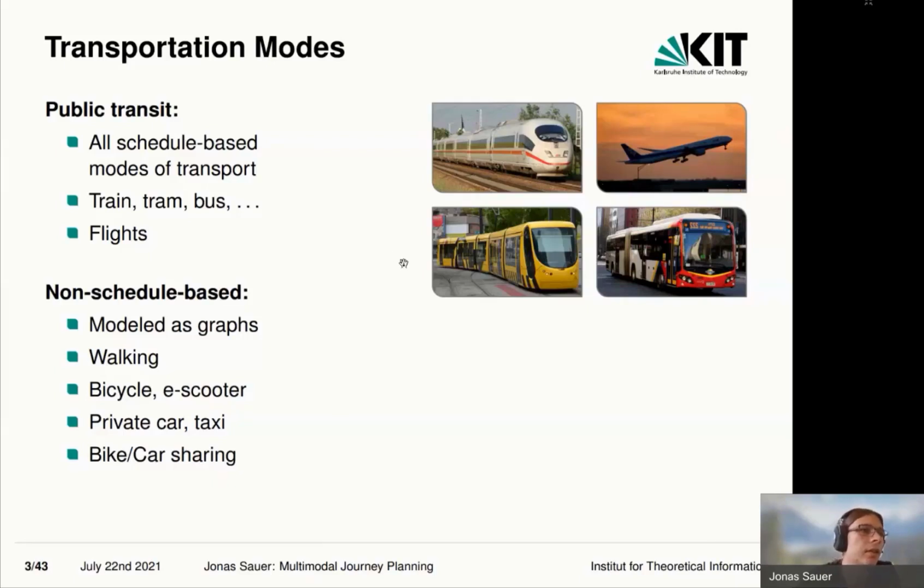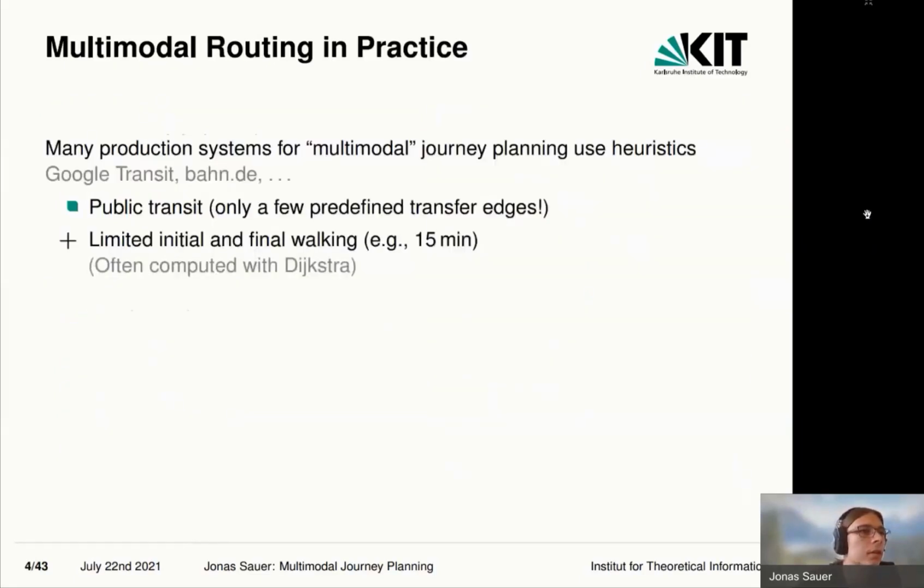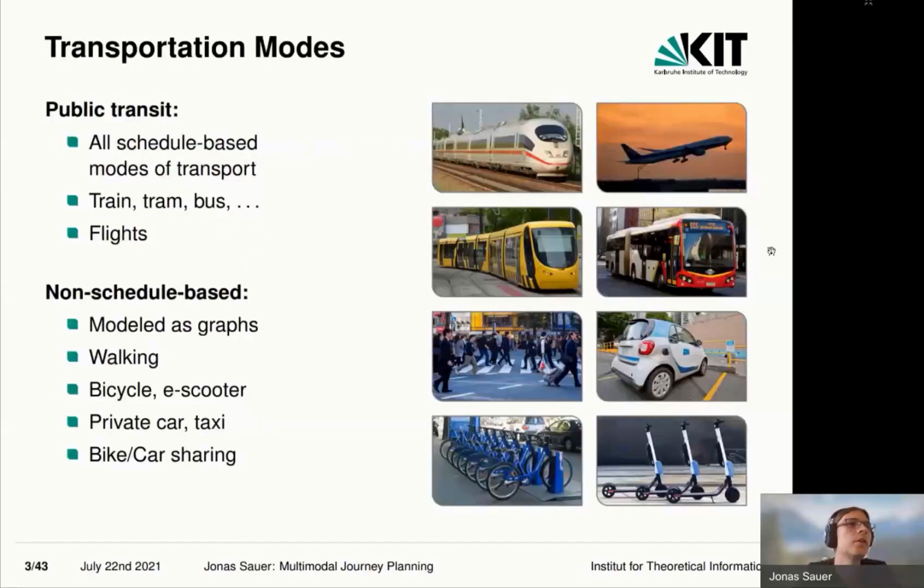And then on the non-schedule-based side, we have everything that we can model with road networks, which includes walking, bicycles, e-scooters, private cars, at least for the first and final leg of a journey, taxis, and also bike and car sharing